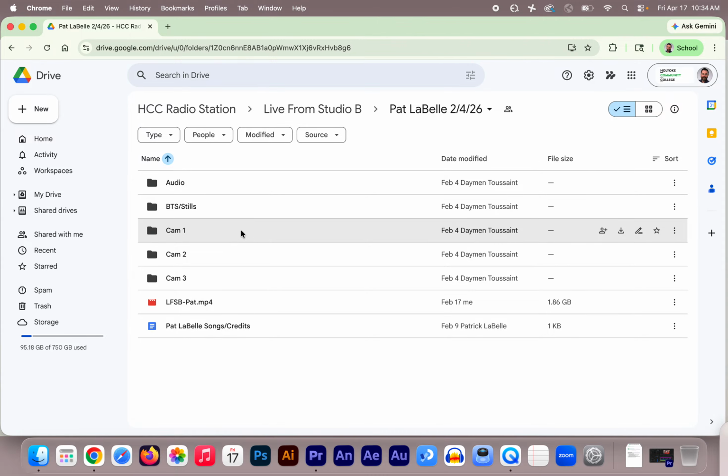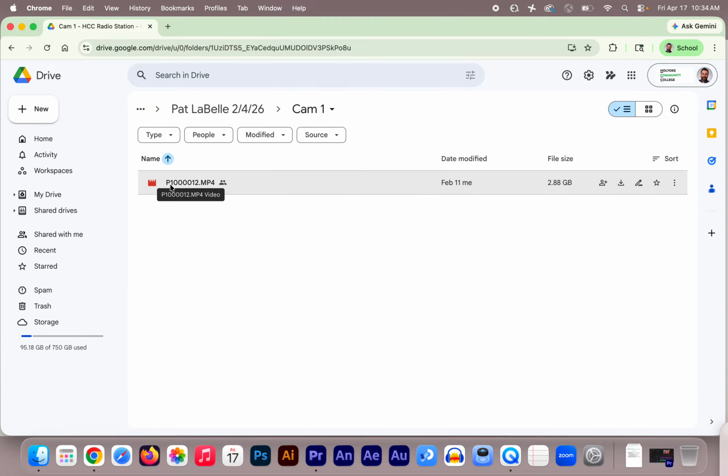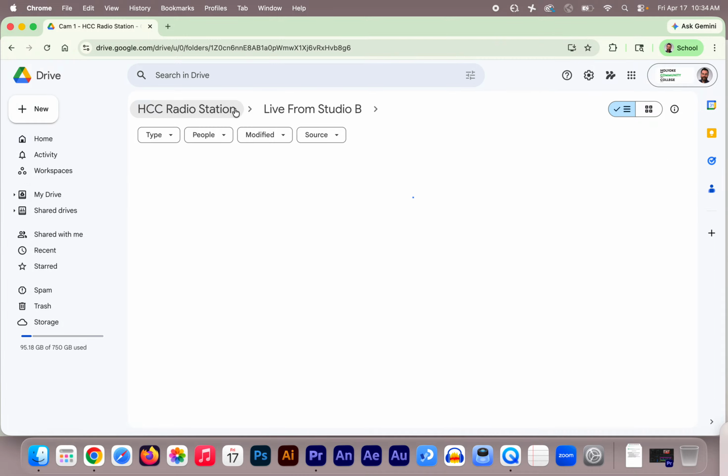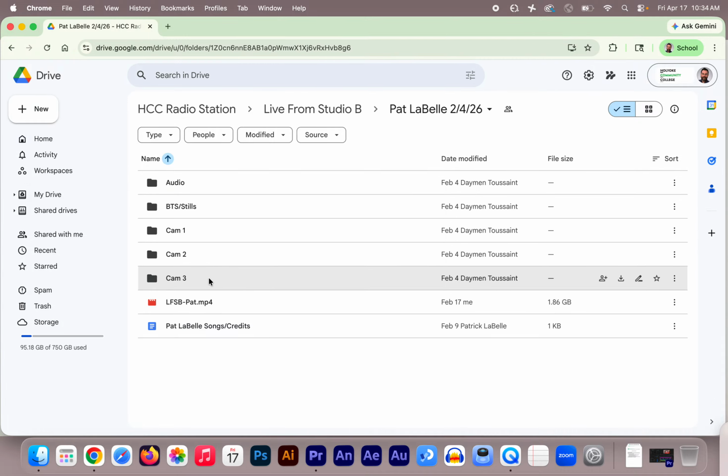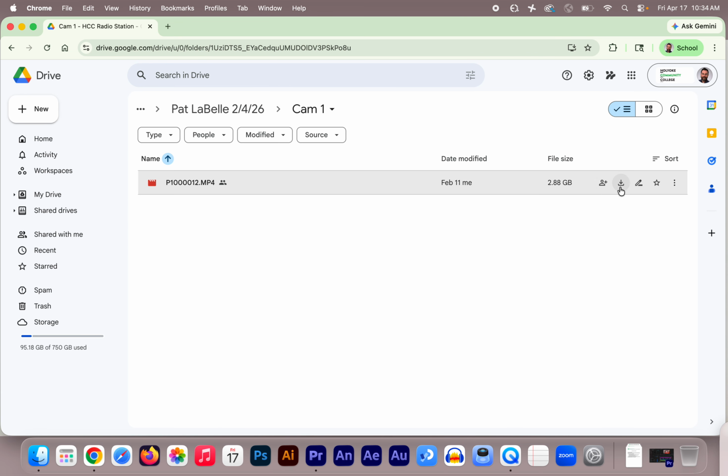So the first thing you need to do, I've already done so, but I want to point out that each one of these video files for camera 1, camera 2, and camera 3, as well as the master audio file, are all in this folder and should be downloaded to your local computer. Premiere requires that files are locally stored and not in a cloud folder in order to be used. Okay, so each one of these go in here, and you can click the download button and wait for that